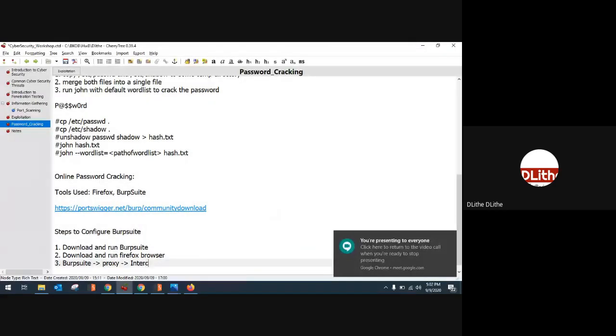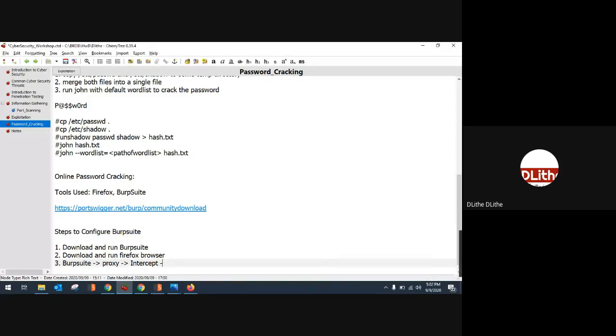So the settings go like this: intercept. Make sure you turn off the intercept. So that's one setting, and after that, go to Burp Suite,